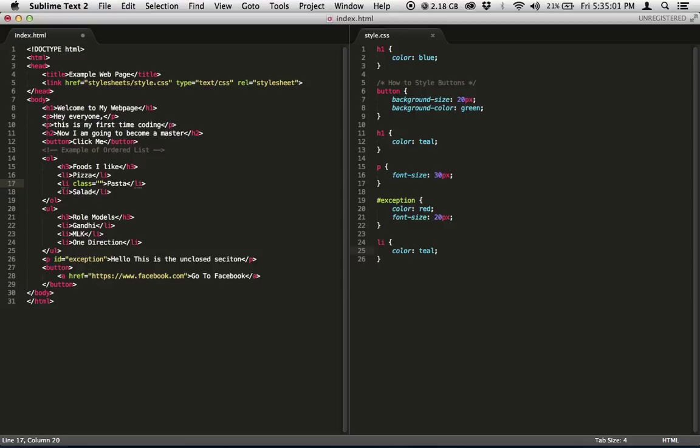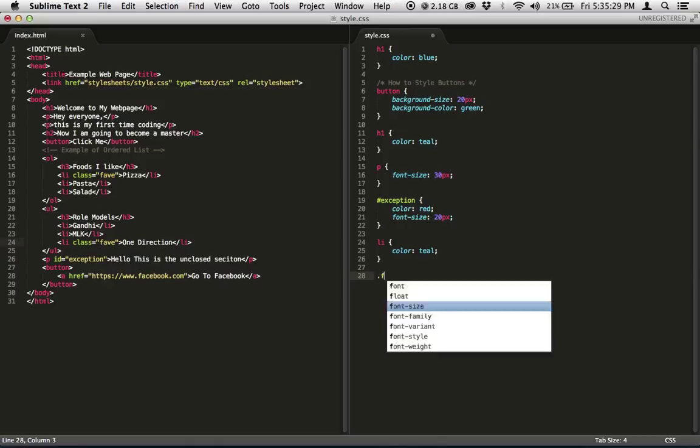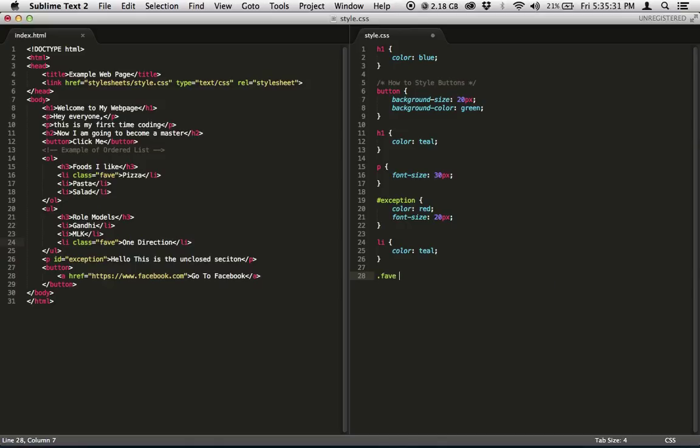So in this case, let's do the first one. So we're gonna use a class called fave, right? Because it's your favorite. And in this case, it's not the first one. One Direction is your favorite, right? So the way you reference a class is not through the hashtag, but through the period, a dot, before you start the name. So dot fave is referencing that class, and then you write